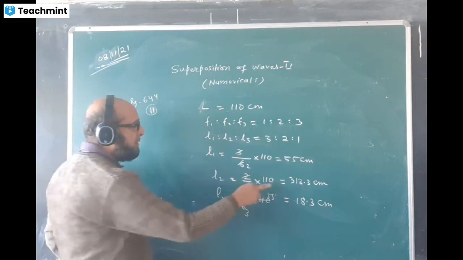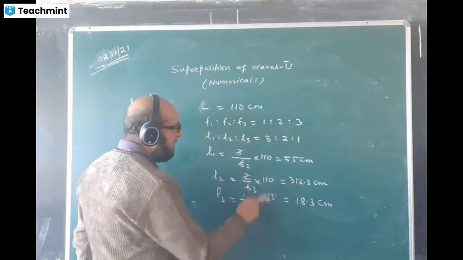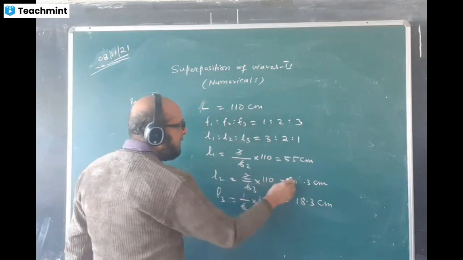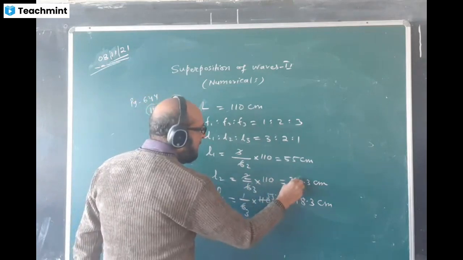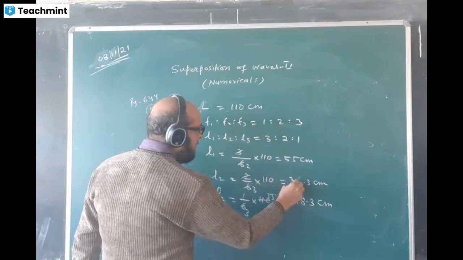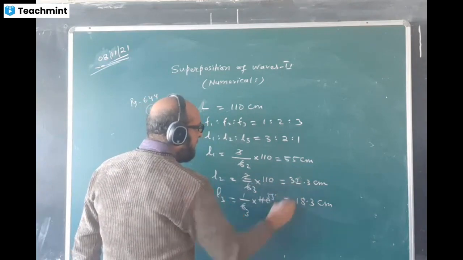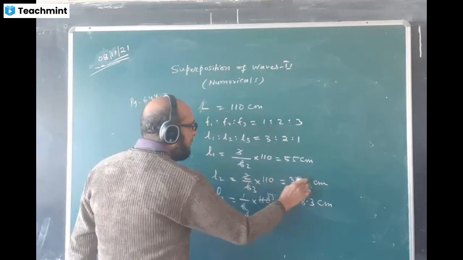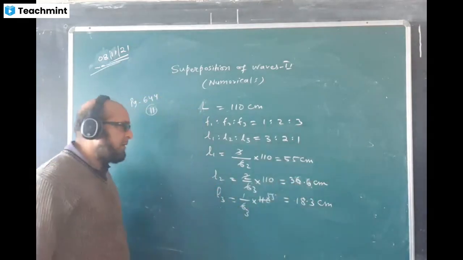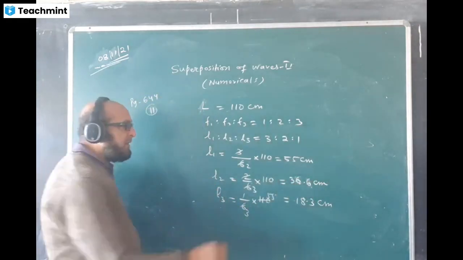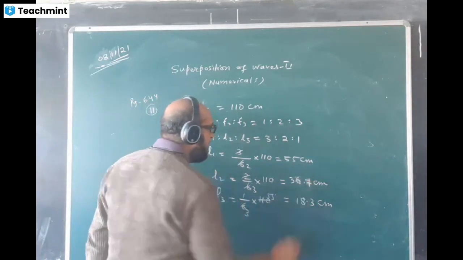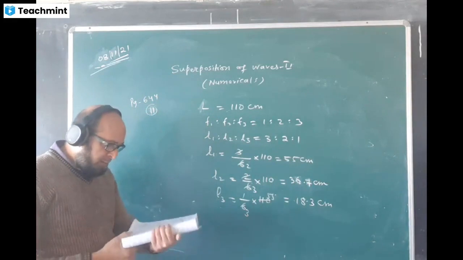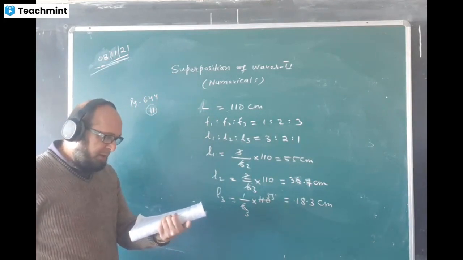Please check this calculation is right. 3 3s are 9. Okay, no, there is a mistake in this calculation. 3 3s are 9, 20. So 36.6. 36.66 is coming, so I round off at 36.7 centimeter. 36.7 centimeter. Again, in both answers they have given 60, 30, and 20.